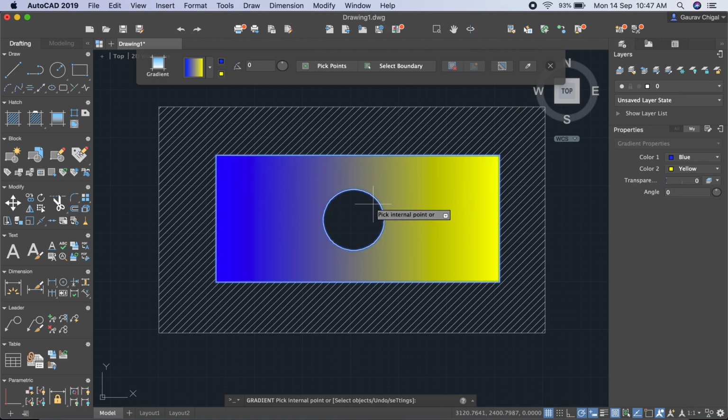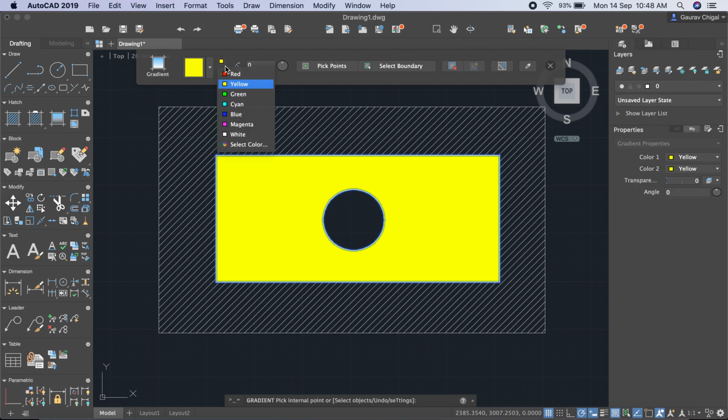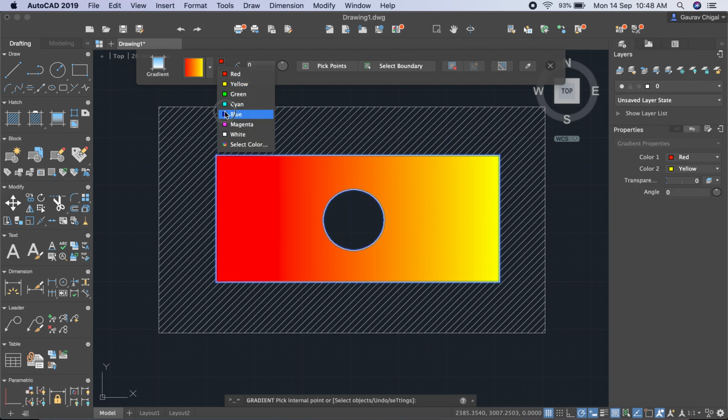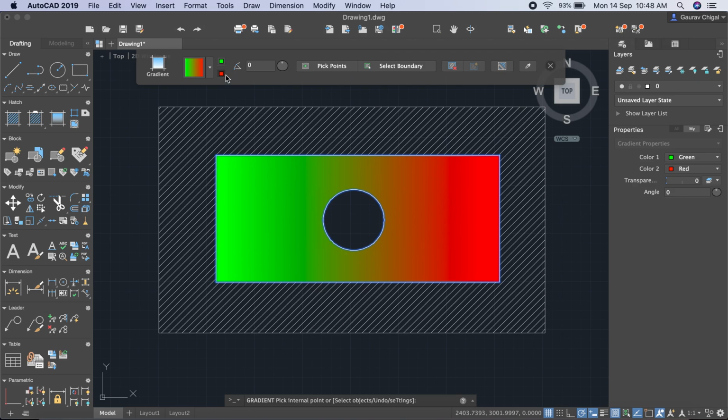I just select this, because this circle is not selected as a gradient part, because this is another enclosed area or enclosed quantity here. So this is how your gradient is applied here. Now if you want to change the color of gradients, you can go from this option. You want to make it red, or yellow or red, or any other option, blue, or you want some sand green, and you want to make the second option color red. So you can change the options with the help of these two buttons here.